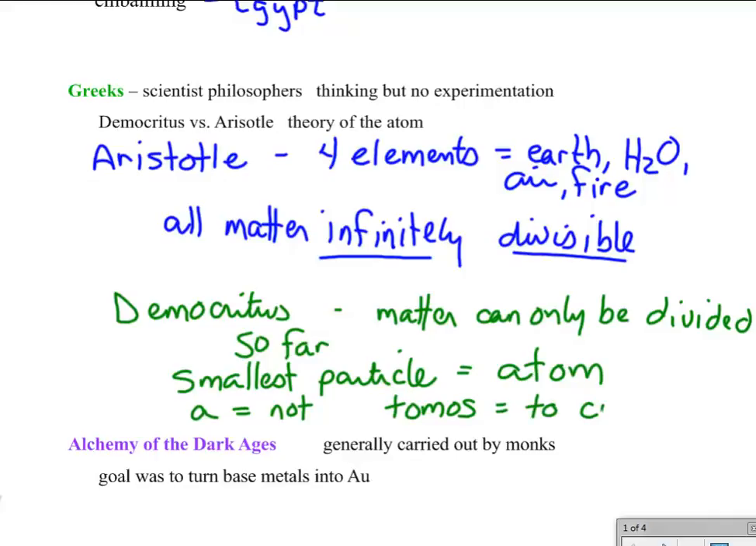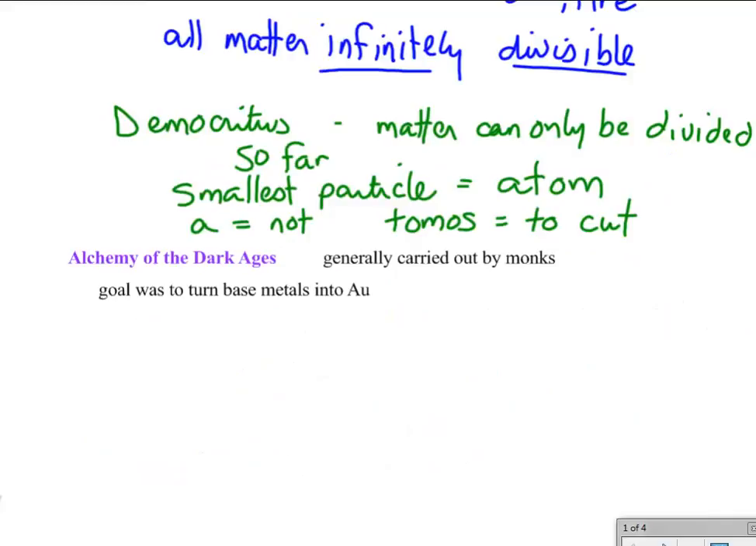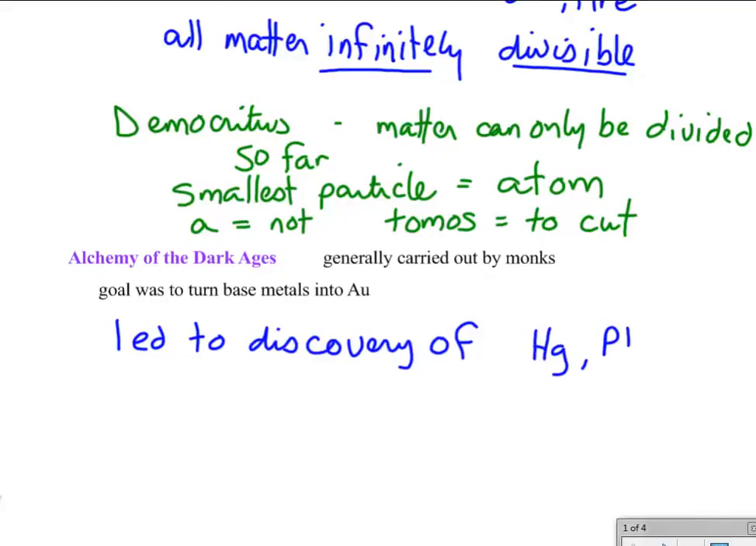Not much happened between Democritus and the Dark Ages being 500 to 900, and this occurred in Europe. The only people that did any research, experimentation, exploration were the monks, because they were the only ones that could read and had any level of education. And their primary goal was trying to figure out a way to turn base metals such as lead or copper or iron into the more valuable metals such as gold. They never reached this, but they were able to discover several elements, namely mercury, antimony, and